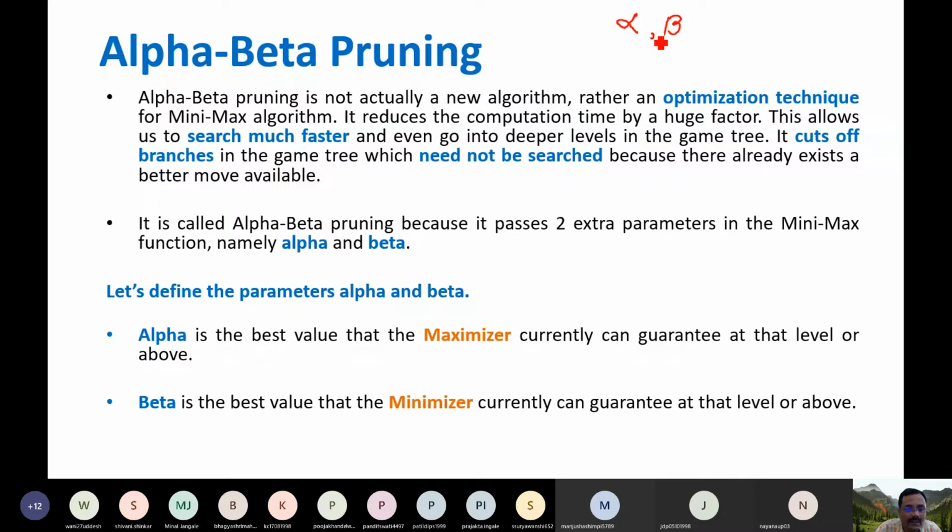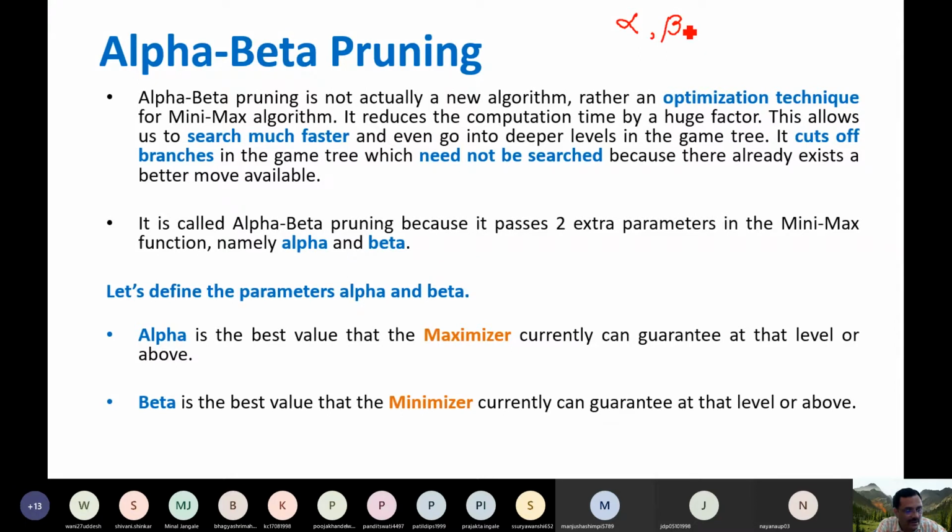Alpha gives the best value that a maximizer can currently guarantee at that level, and the beta parameter defines the best value that the minimizer can currently guarantee at that particular level. So we define both alpha and beta values.